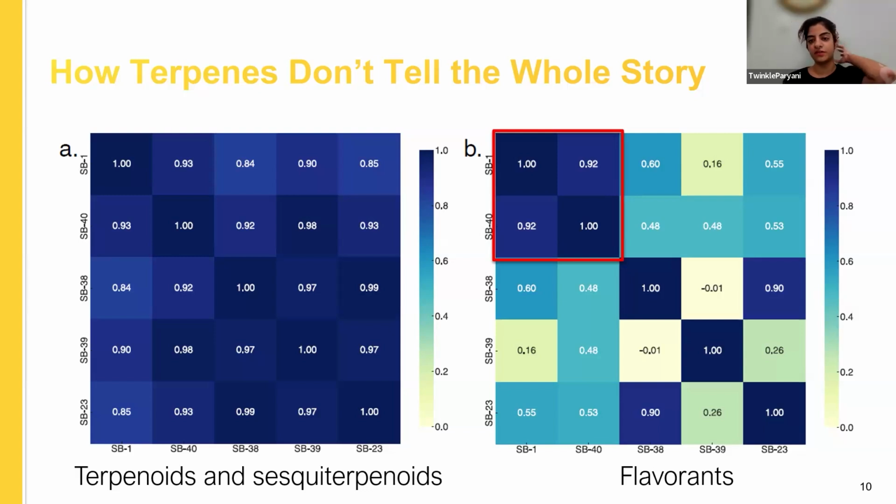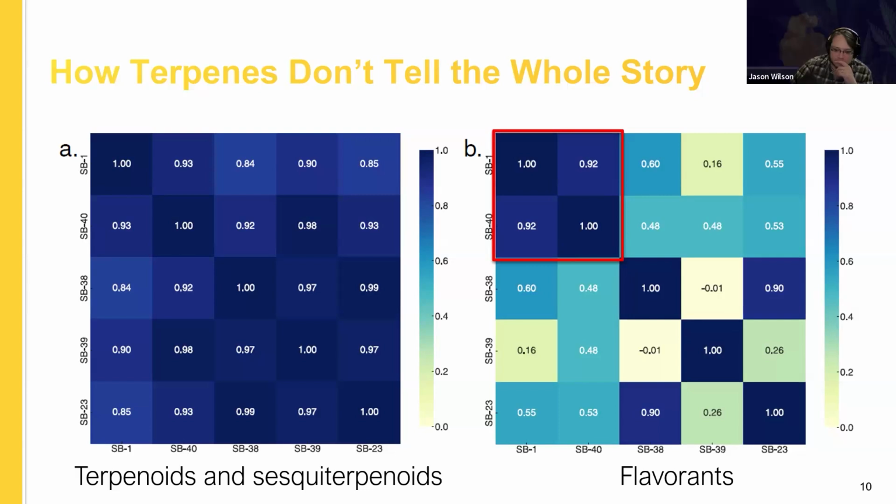Once we started looking at flavorants, we see the same striation that we saw before, where the first two, Starburst 1 and Starburst 40, which were supposed to be the most sweet, are very similar. Apart from that, there is a varying amount of similarity between the rest of the 5 phenotypes with each other. If we're looking at flavorants, the correlation between those two that people thought smelled the same is 0.92, which is a very high correlation. We do have some negative